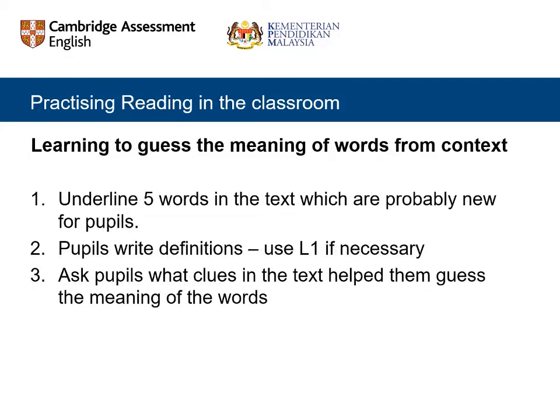As you have seen from the focus of several parts of the reading and use of English paper, being able to guess the meaning of new words from context is a key skill at this level. In order to practice this with your class, choose a text which is quite challenging for your pupils with a number of words which are probably new for them. Underline these words, around 5 is enough, and ask your pupils to read the text and write a definition